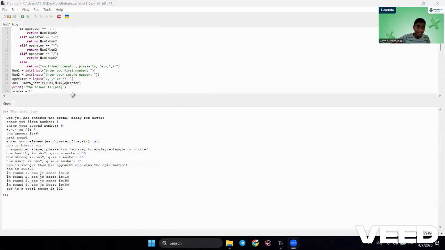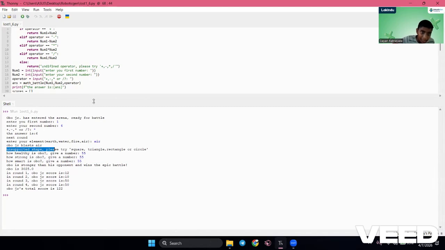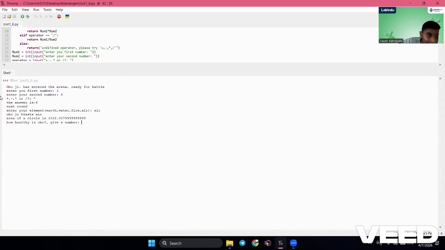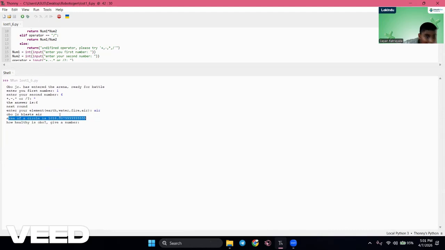But before that, let me show you exactly how to fix this unsupported shape. So we have hard coded it, right? So I'm going to do something like this. Instead of giving it as an unknown shape, let's put it as circle. Now let's see exactly what happens. As you can see right over here, area of a circle is 1018.00 and so on. And let me show you the code.